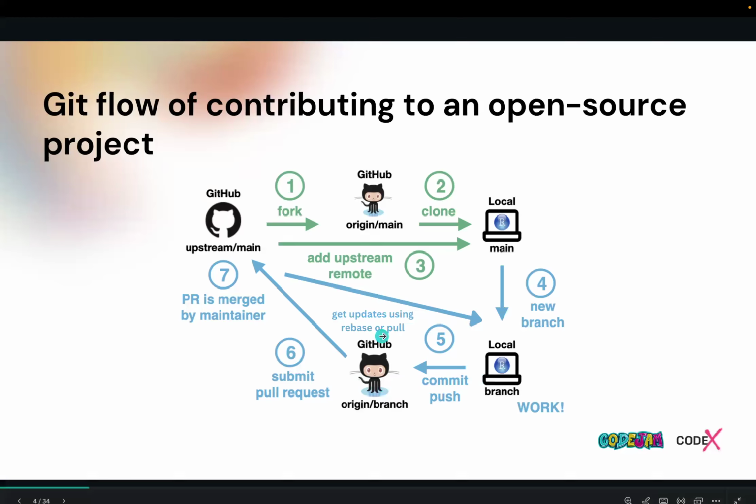So after you push changes to your origin, you can make a pull request. We call it a pull request. So in that sense, you are creating a branch here. Let's say that branch is branch A. So you are committing things to branch A when you are working locally. Then you push branch A to your origin. So from branch A, you can make a pull request to the very original repository.